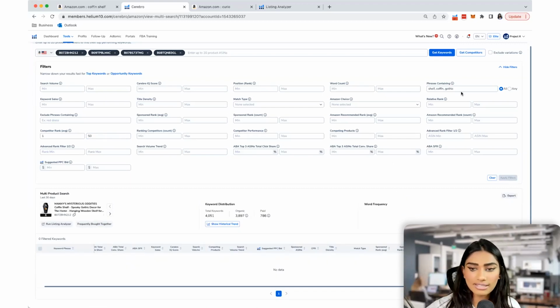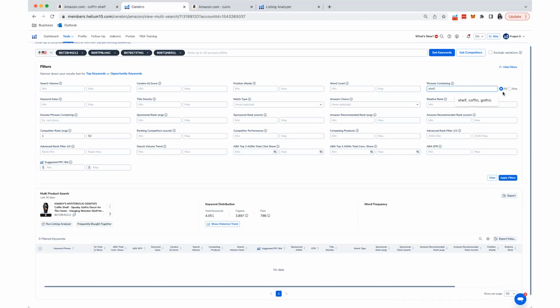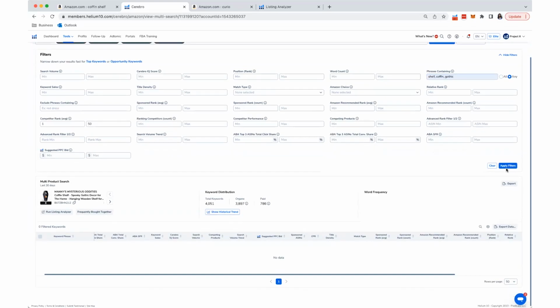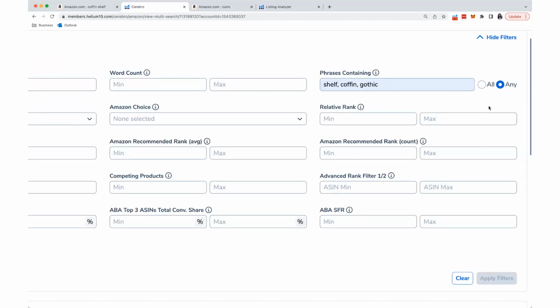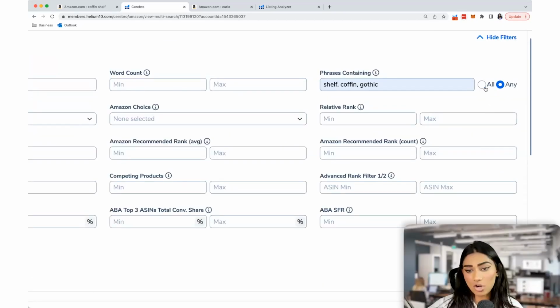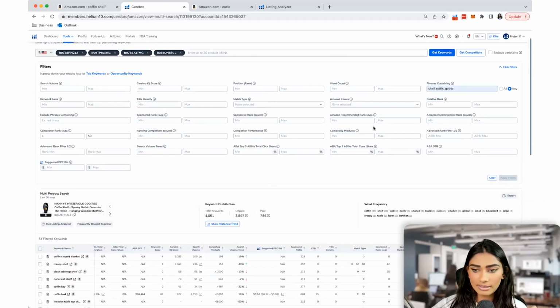Okay, so this is interesting, right? Because we segmented this out by different phrases containing. Let's see if we can, it's because it's at all, that's why. All right, so don't be like me. Make sure that you switch over to any. So it said 0 when I first typed it in, and it was a bit confusing because I'm thinking, where is that going wrong? But it was because I said all. So that means that when I typed in all, it was looking for keywords that had all of these inside of their actual keyword. If I change it to any, let's take a look. It says 54 filtered keywords, right?